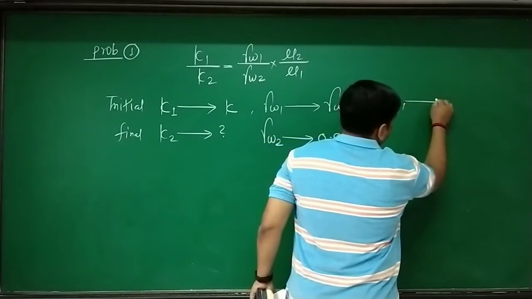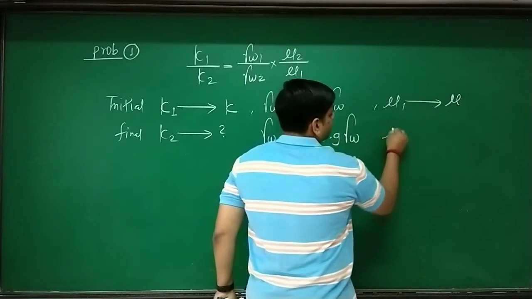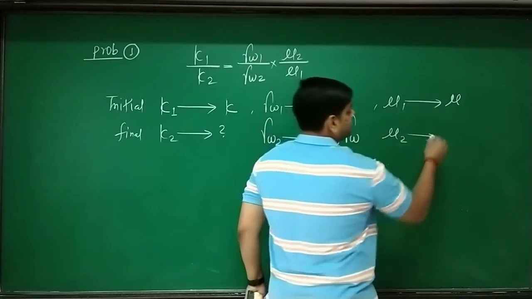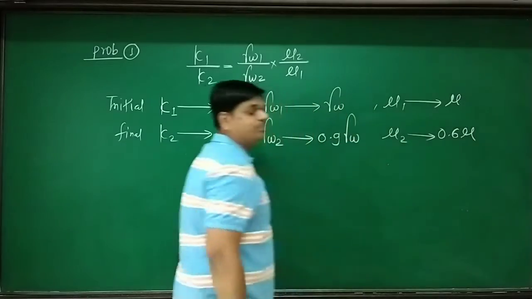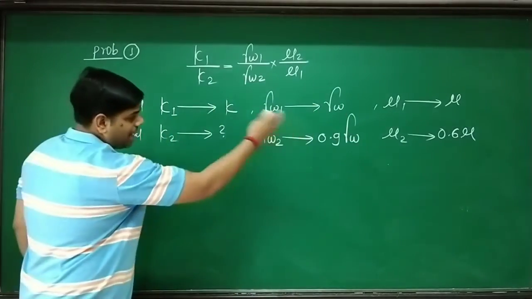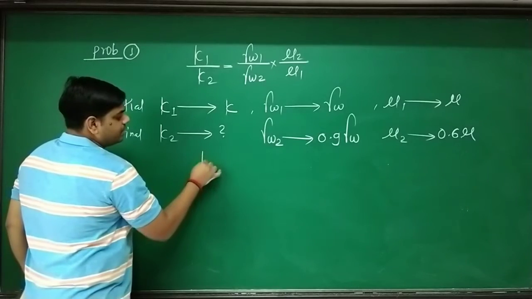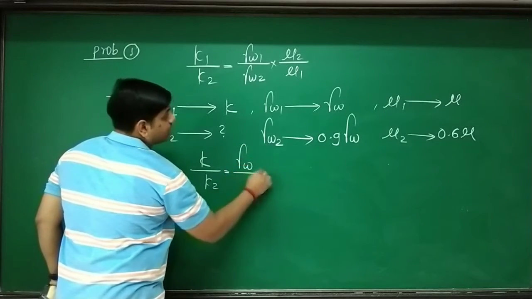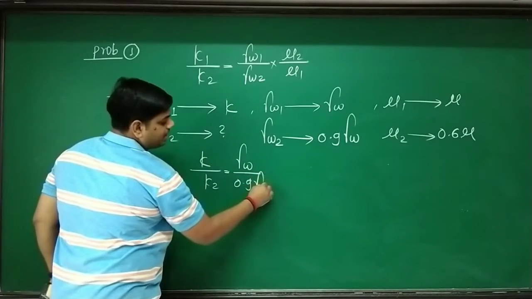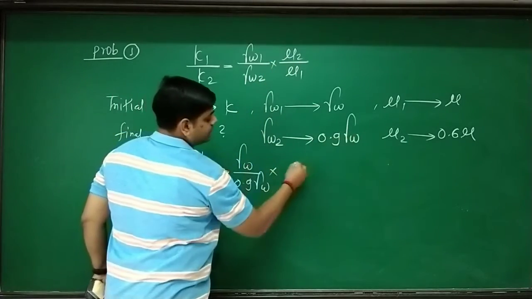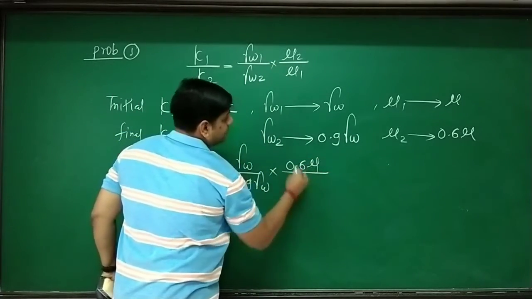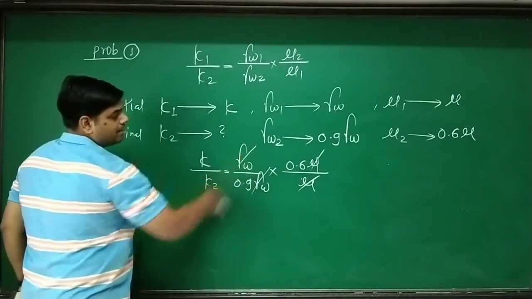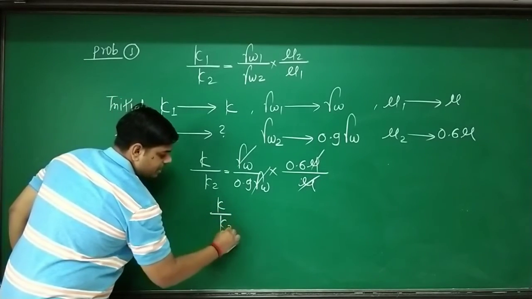Initial dynamic viscosity I'm going to assume as mu. So dynamic viscosity after increase of temperature mu2 becomes, it is reduced to 60, so 0.6 times of mu. Now let's arrange these assumptions in the expression. So K1 becomes K, K2 as it is, gamma W1 becomes gamma W, gamma W2 0.9 gamma W multiplied by mu2 0.6 times of mu divided by initial mu1 is mu, so mu gets cancelled, gamma W gets cancelled, so K upon K2 equals to